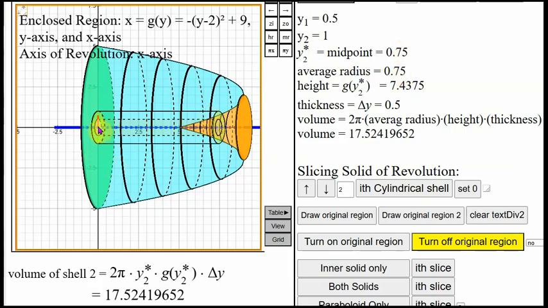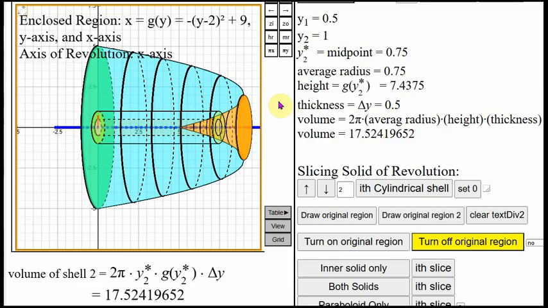The average radius, which is the distance from the axis of revolution to the middle of the shell, in this case is also 0.75. To get the height for shell number 2, we need the distance from the y-axis to the graph. And again, we're going to use the midpoint, right here at y equals 0.75. And in the place of y, put 0.75. So g of 0.75 is